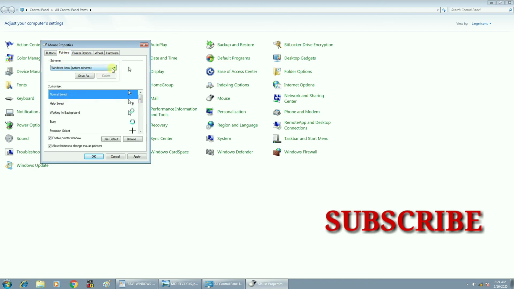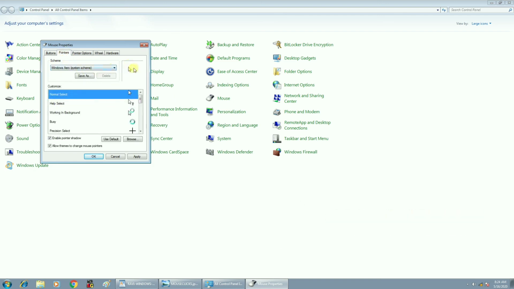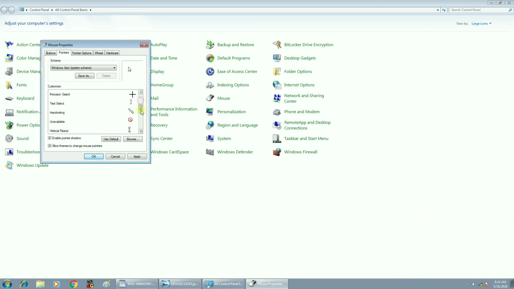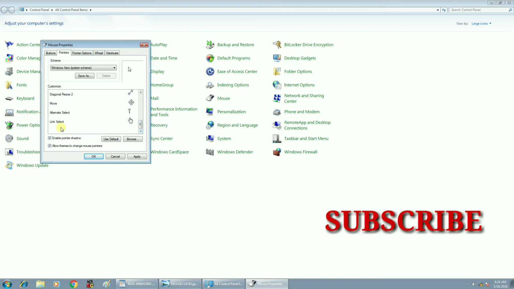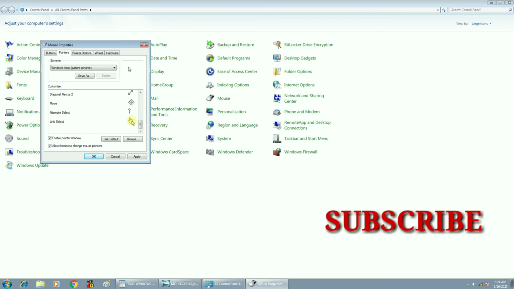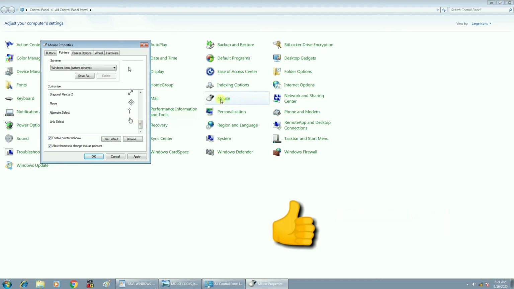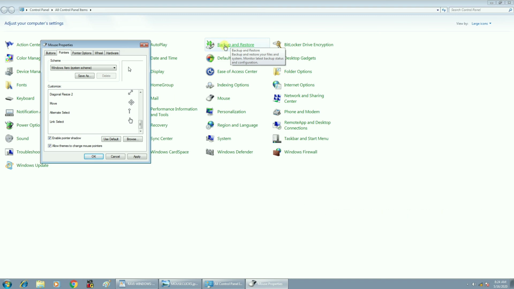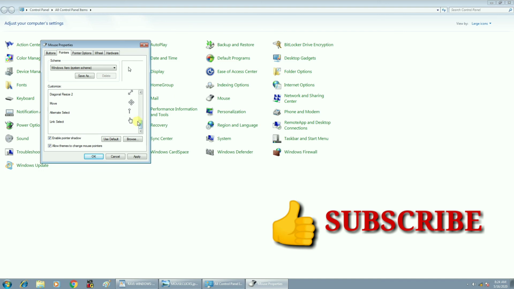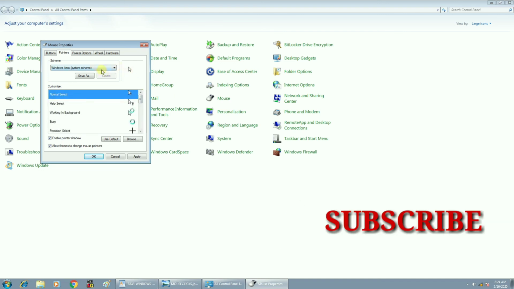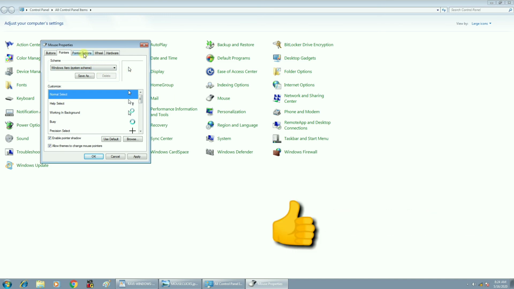You can change how the mouse pointer looks. By default it displays the plain arrow mark. Based on the application, the arrow mark will change. For example, whenever you click on web links, it displays a hand symbol. See, when I place the mouse pointer over these options, it displays a hand symbol. These are the default options; based on the applications, the mouse pointer style will vary. If you want, you can change it, but it is not recommended.